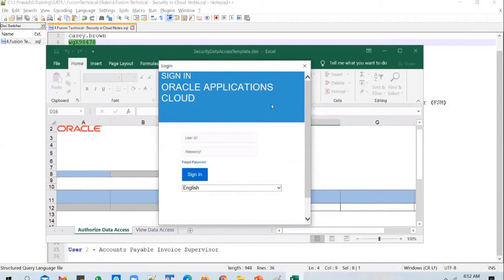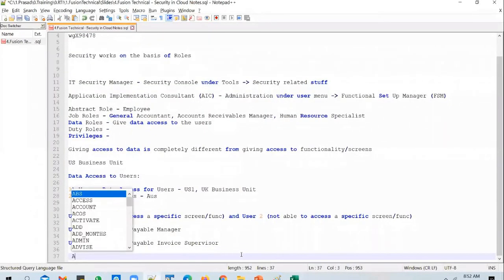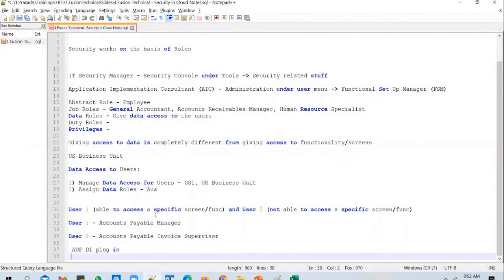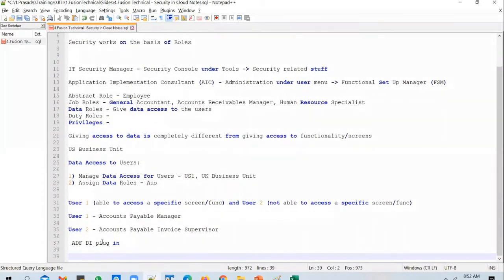For you to get this pop-up, it will come up only if you have a software called ADF DI plugin installed. This plugin is called the ADF Desktop Integrator plugin. You can download this software directly from our Rainbow Training Institute instance.